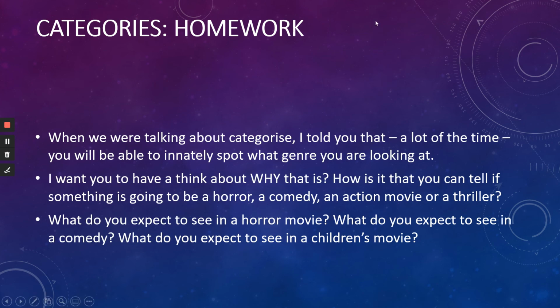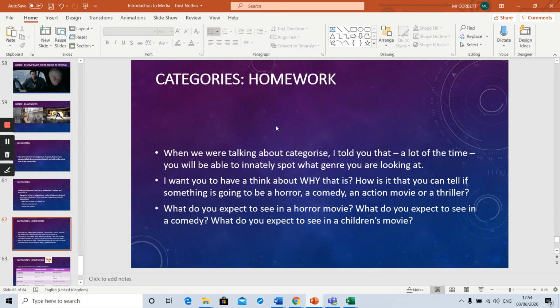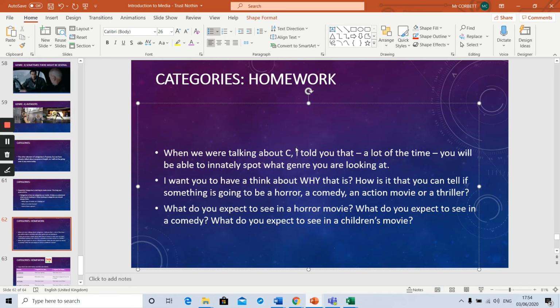Finally, your homework. I should have put a wee task thing up here with the red, but I did! Oh, look at me go. I'm so good at this. Come on, Mr. Corbigan. Slipping categories.